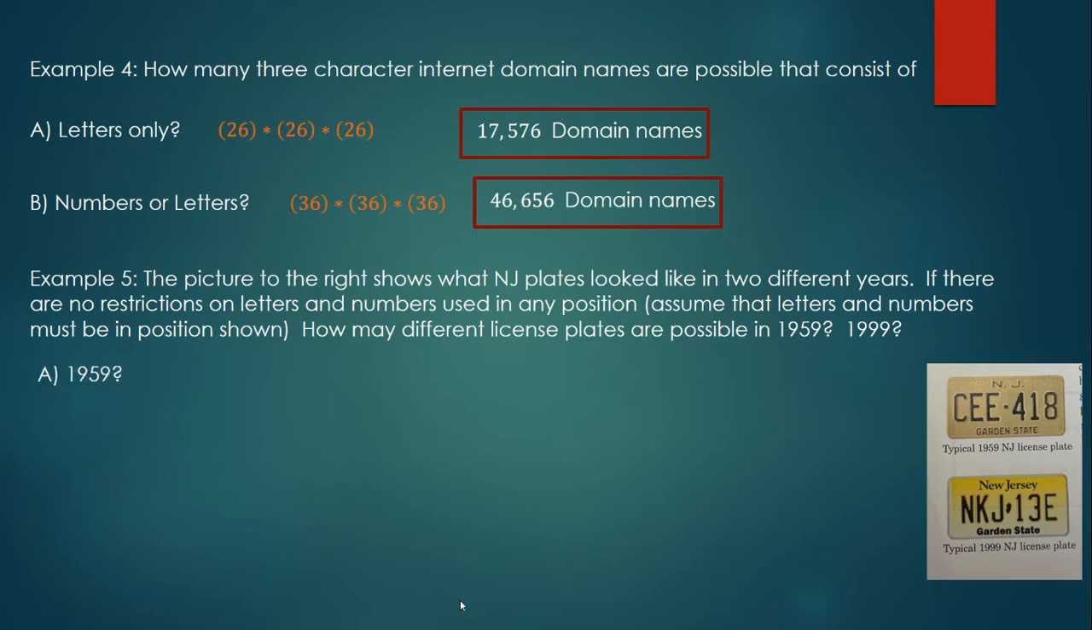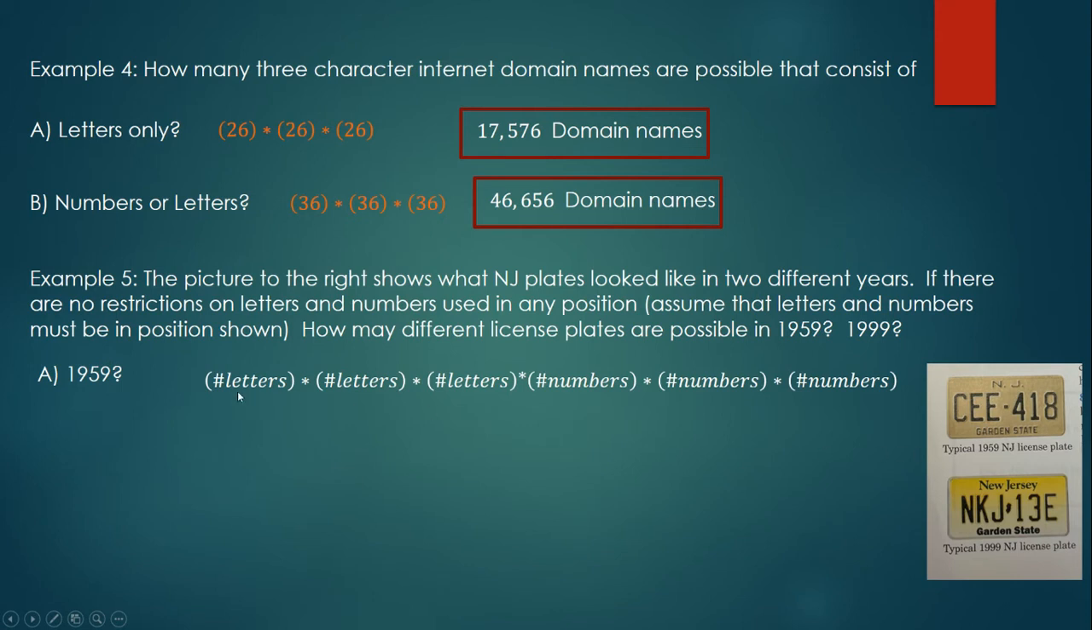So let's do 59 first. So if we look over here at 1959, I have a letter, a letter, a letter, a number, a number, a number. So I'm going to do number of letter options times number of letters times number of letters times number of numbers times number of numbers times number of numbers. So there's 26 letters, so we're going to do that 3 times. And then there's 10 numbers, so we're going to do that 3 times. Gives me a total of